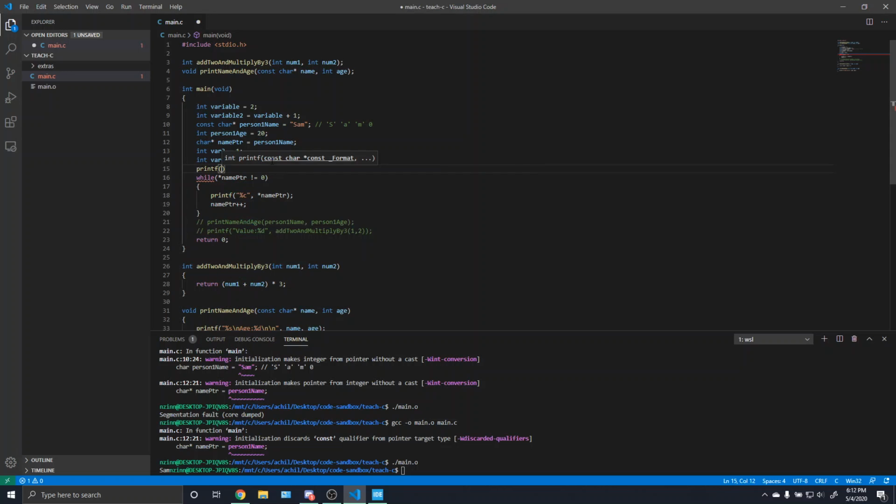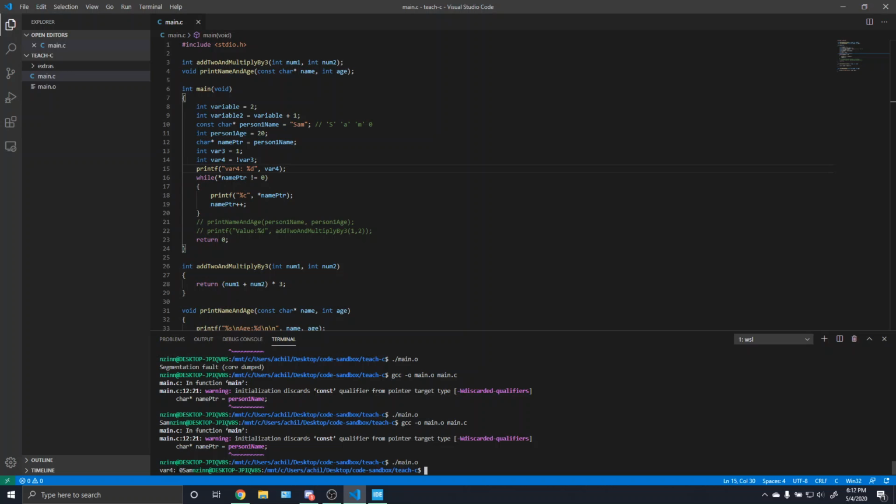So if we print what var4 is, then we should see that var4 is indeed 0. Say var3 was 0, then we want the not of var3, then it should be a non-zero, and I'm pretty sure it will default to 1. So var4 is indeed 1, because it's not var3. So here we're checking, instead of equals equals, we're checking if it's not equal to 0. And this isn't something